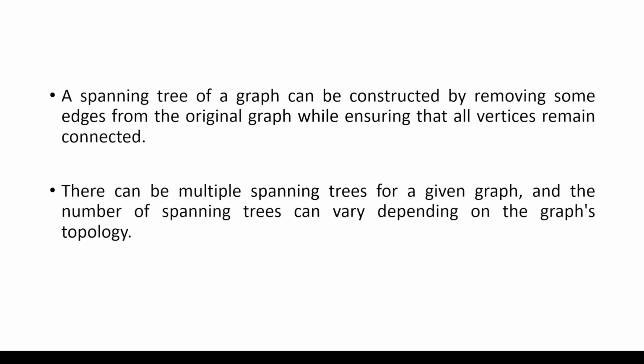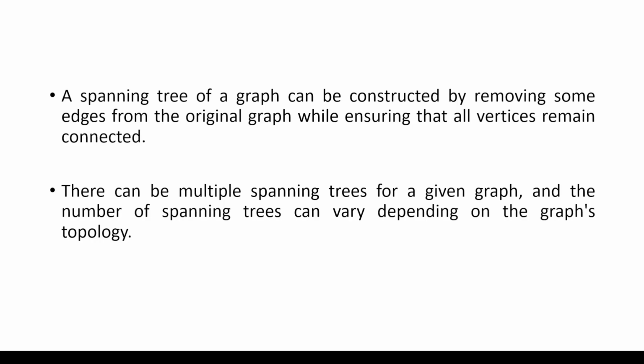A spanning tree of a graph can be constructed by removing some of the edges from the original graph while ensuring that all the vertices remain connected. So all these vertices need to be connected and there should not be any cycles in the graph. There can be multiple spanning trees for a given graph, and the number of spanning trees can vary depending on